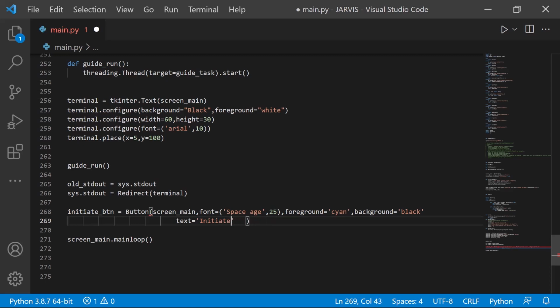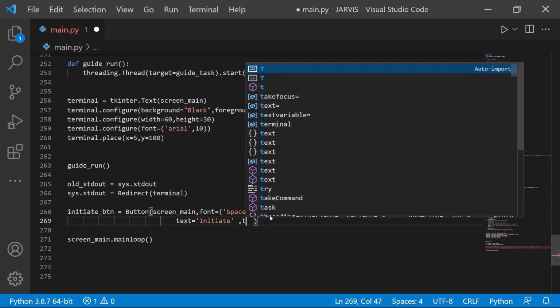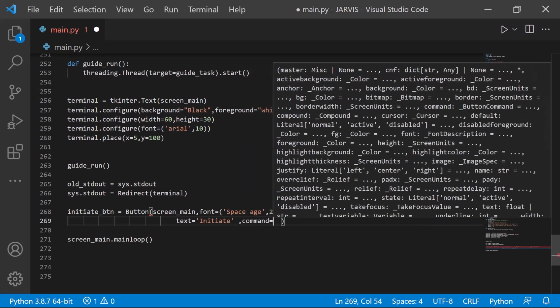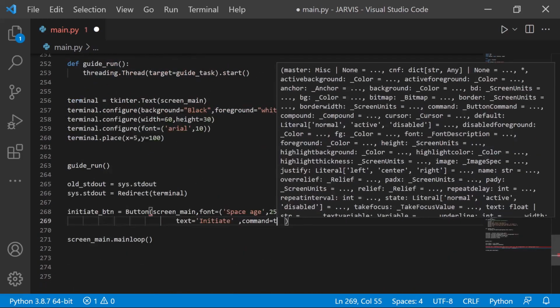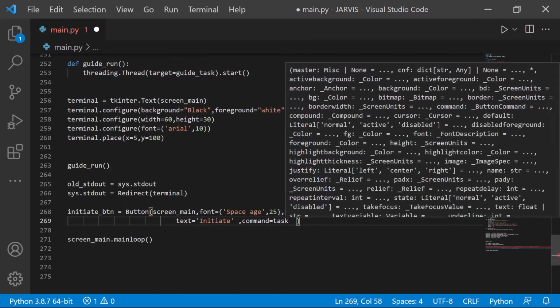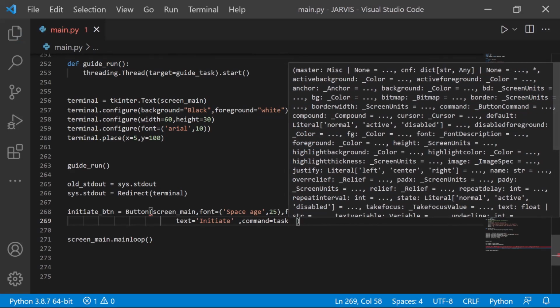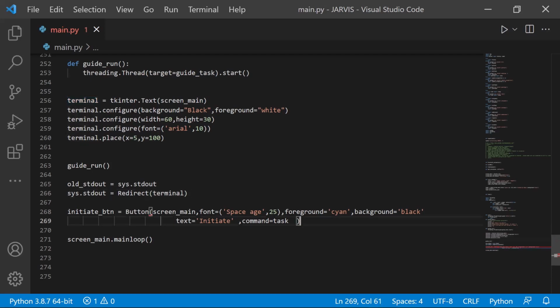It should be very big. Let's write initiate only. And command equals to, let's say, task. Where will be tasks,